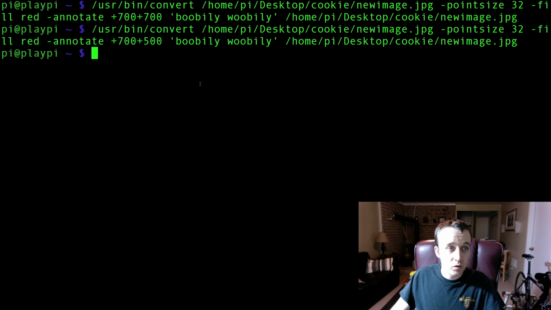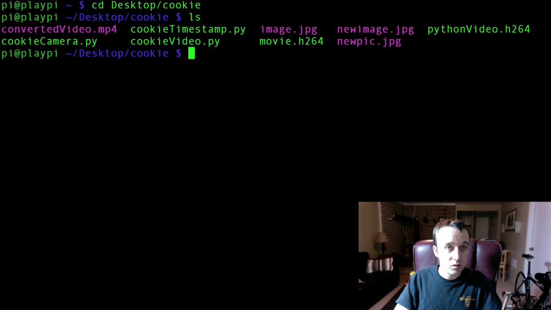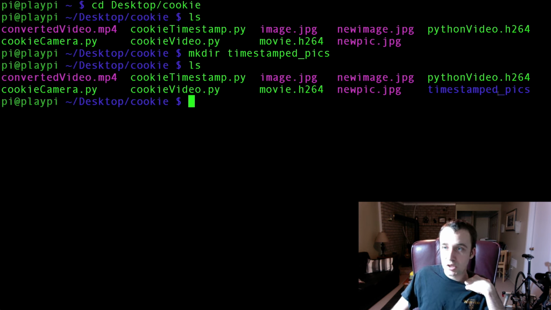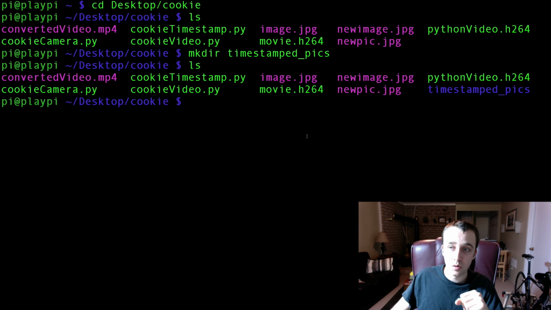And to keep ourselves organized, the way we're going to do that is we're going to navigate to our cookie folder, and we can see that this is starting to get a little bit cluttered. Let's create a new folder, and it's going to be called timestamped pics. Cool. So we've got timestamped pics now, and what we're going to do is take a series of pictures, like every second or every couple seconds, and it's going to go into our timestamped